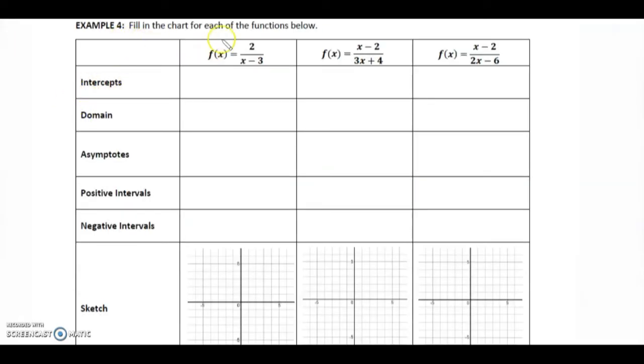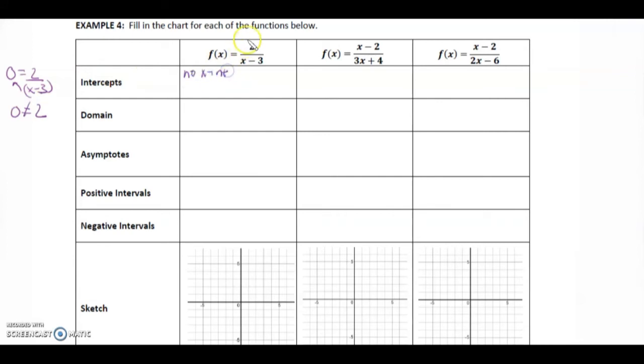Example 4, fill in the chart for each of the functions below. So let's start with f of x equals 2 over x minus 3. Okay, intercepts. In order to find the x-intercept, we have to sub in 0 for y. Well, here's the thing. If we do 0 equals 2 over x minus 3, and we cross multiply this, we get 0 equals 2. Well, we know that's never going to happen. So there's no